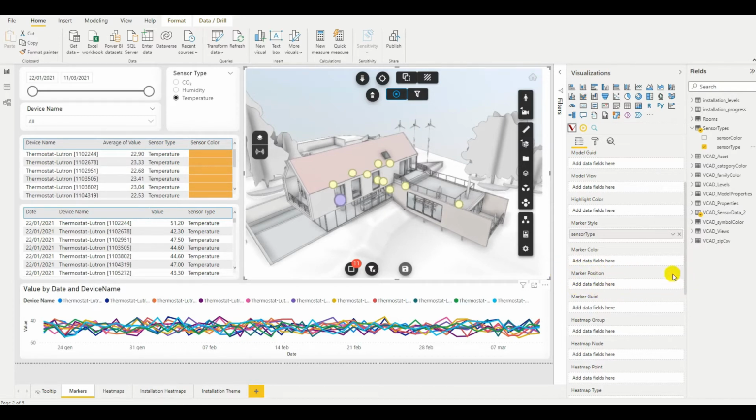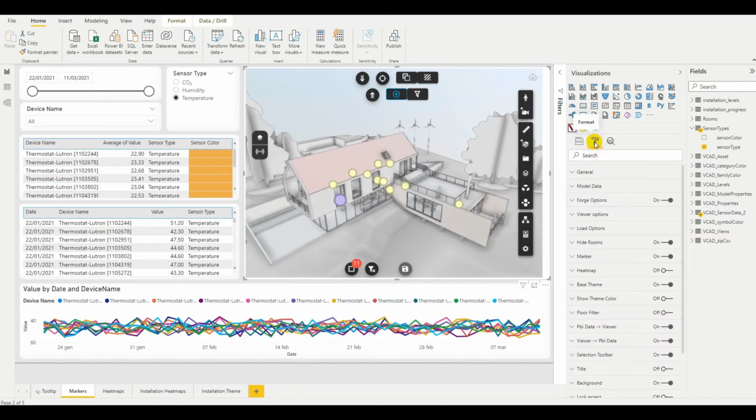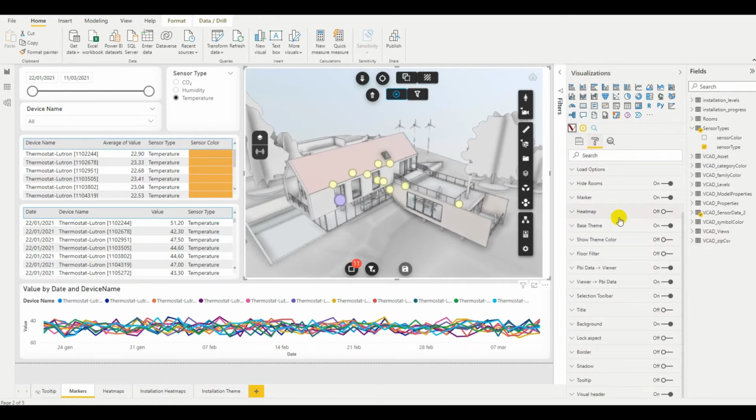Marker position, we're not going to go into right now. It basically allows you to pinpoint the position of a marker with X, Y, and Z coordinates. However, it's a little out of the scope of this presentation, so we won't be talking about that. But what I do want to show you is something else that we can do with markers, which is pretty exciting. If we head on over to the format panel and to the tooltips,